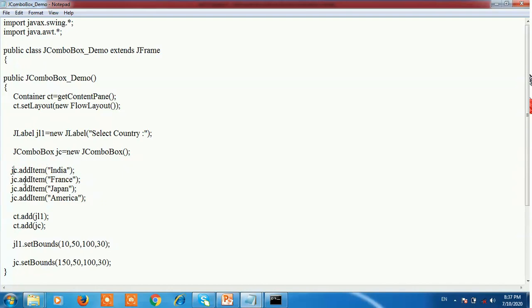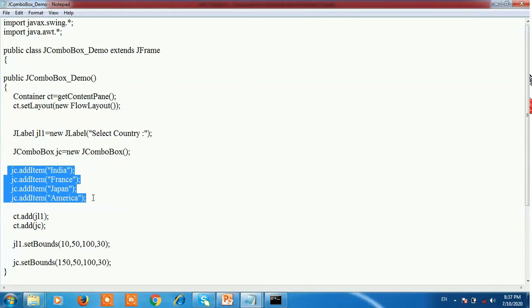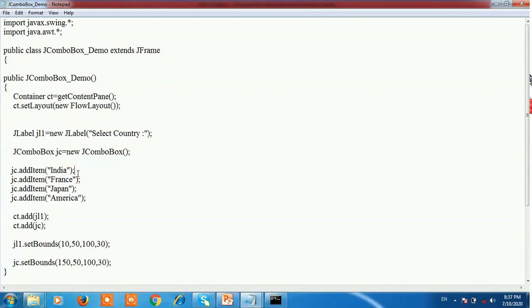After that, in the same way, we add multiple items into the combo box using addItem: jc.addItem France, jc.addItem Japan, and jc.addItem America. These four items are added into the JComboBox. So simply addItem is used to add an item into the combo box.